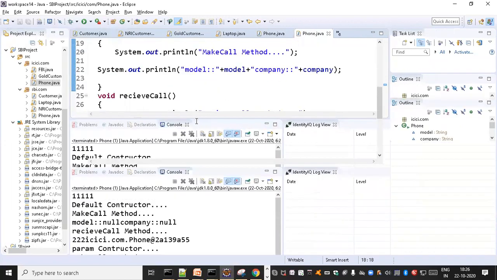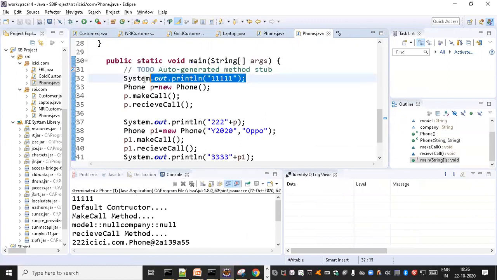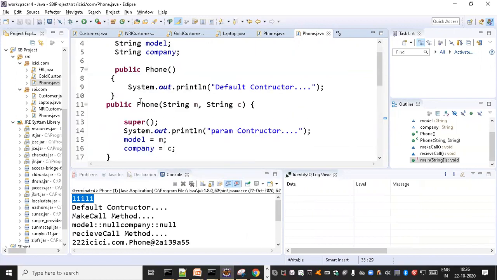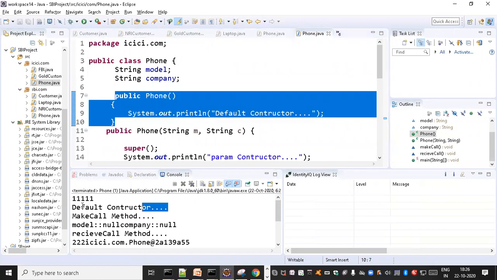So first time my control is going to come here. System.out.println, it is printing it. So one is good. After that, Phone p = new Phone(). So that is the reason it went to here, and this constructor has been called. So the default constructor has been called. After that happens,